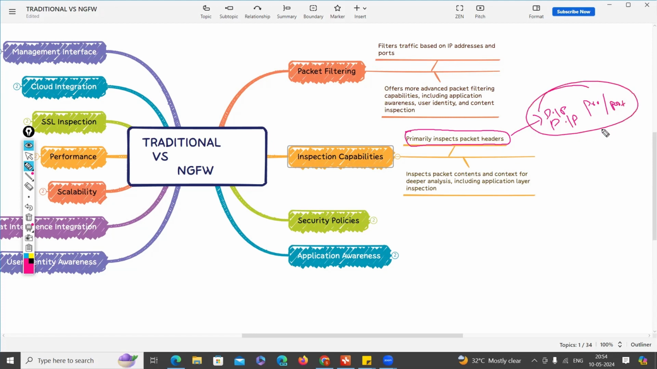Inside the IP header, it will not open the data packet, and it will not have the privilege to inspect the data. What kind of data is this? What kind of application is this? Since it doesn't support L7 filtering features, it will not be able to inspect the original data, whether the data is secure or not, what the application is, and whether that application is allowed or not. That inspection is not possible with the traditional firewall. But when it comes to the next generation firewall,